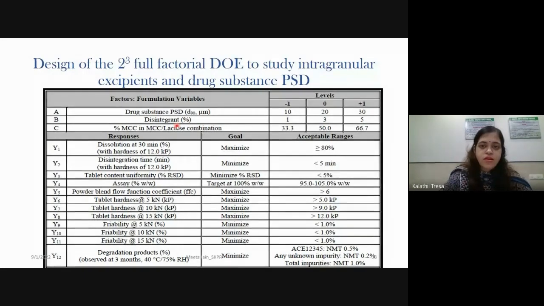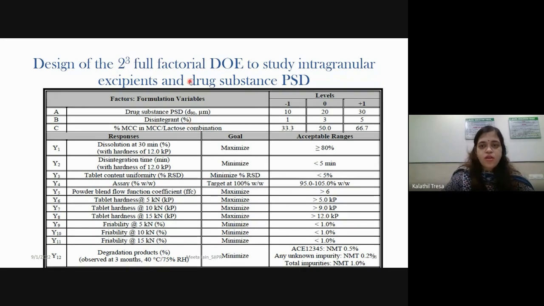Even magnesium stearate had a high impact, but that is done in a second formulation study. This first formulation study is based on intragranular excipients and drug substance, which you add before granulation, whereas magnesium stearate you add after granulation.